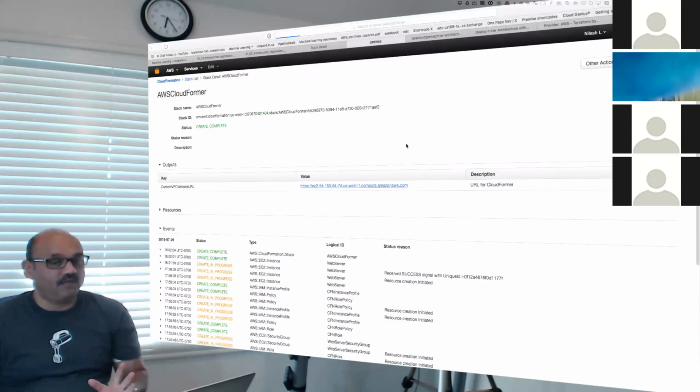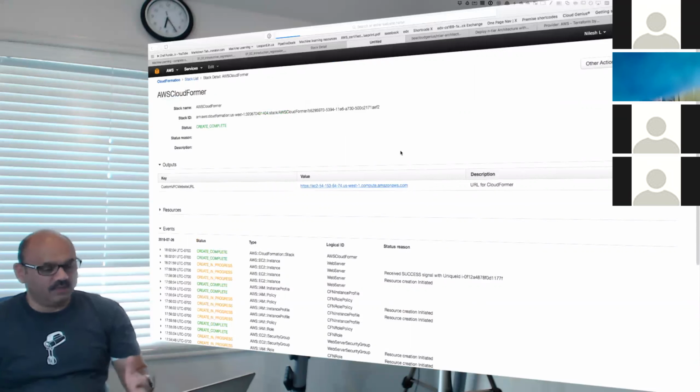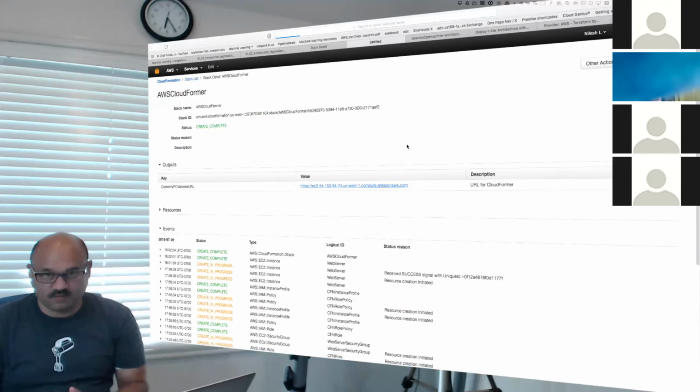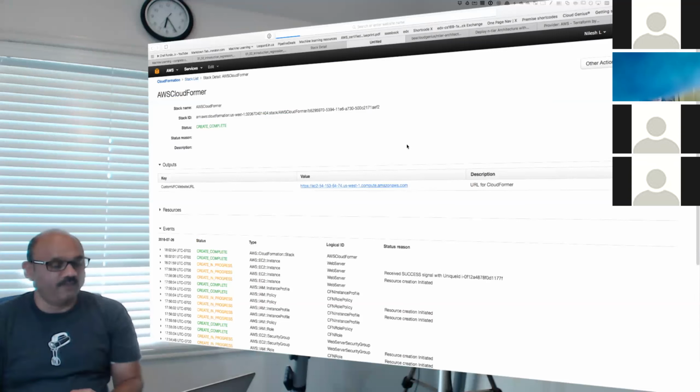This website is going to expect me to provide a login and a password that I chose at the time when I created that CloudFormer itself. You remember that I chose a very simple password, which is what I will type. As soon as this machine decides to respond to me, I will be able to type my login and password and then visit the CloudFormer tool.